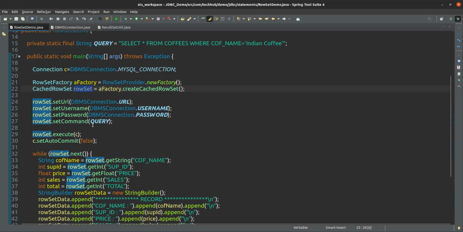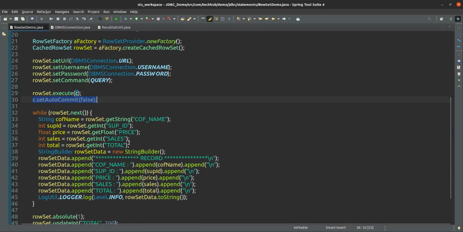And this is our query. We are setting the query, which we have to execute from the database. After that we are calling the execute method, set.execute, by using this connection. Why this connection? Because with this connection we can make setAutoCommit false, because in MySQL auto commit is not false by default. So that's why we need to supply that connection here, and that connection we are making setAutoCommit false.